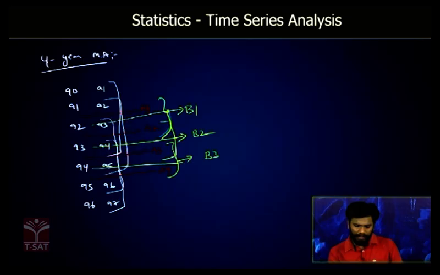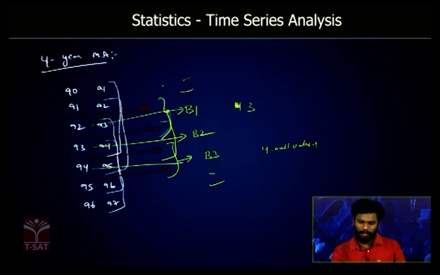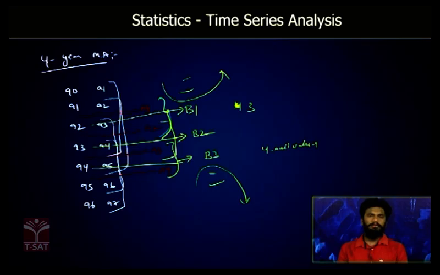See here, how many total values do we have? 1, 2, 3, 4, 5, 6, 7 values. But at the end how many values do we have? Only 3 values. So we have 4 null values, 2 at the bottom and 2 at the top. So this is also an important point you have to remember. So in 5-year moving average, in 4-year moving average we will get 4 null values and the data is reduced by 4. Likewise in 3-year moving average we have 2 null values. So remember those points. Next,